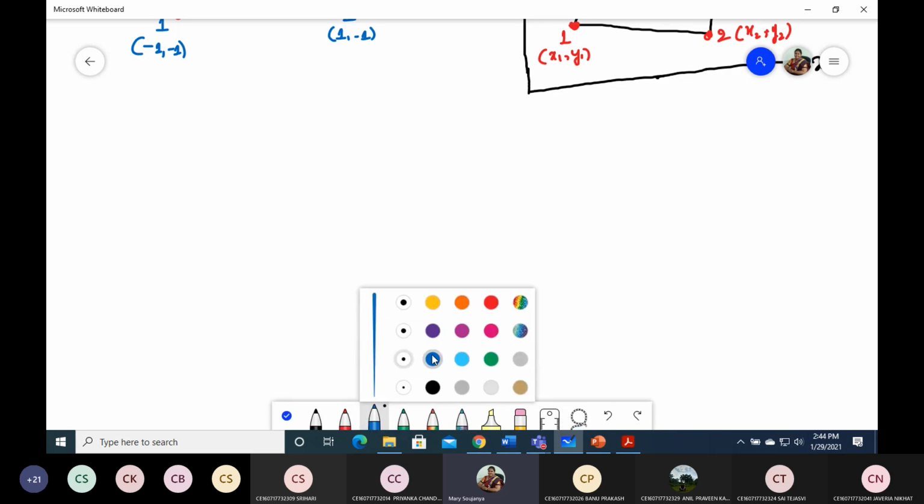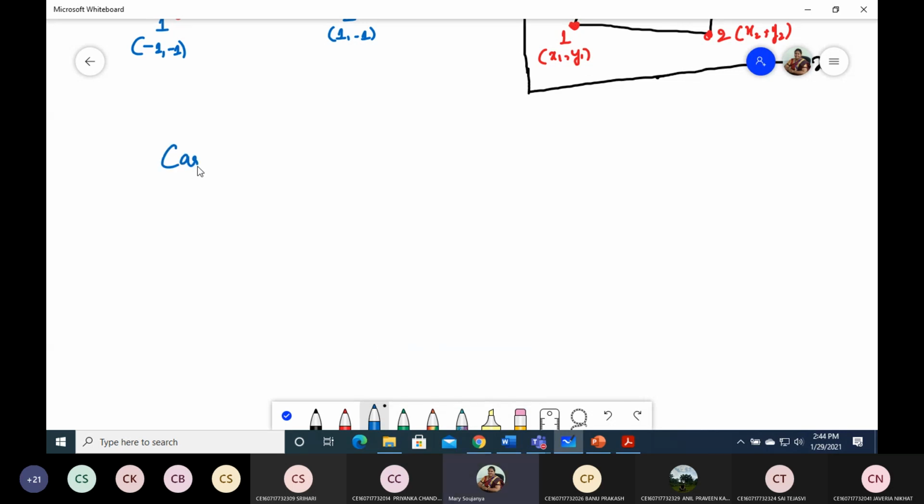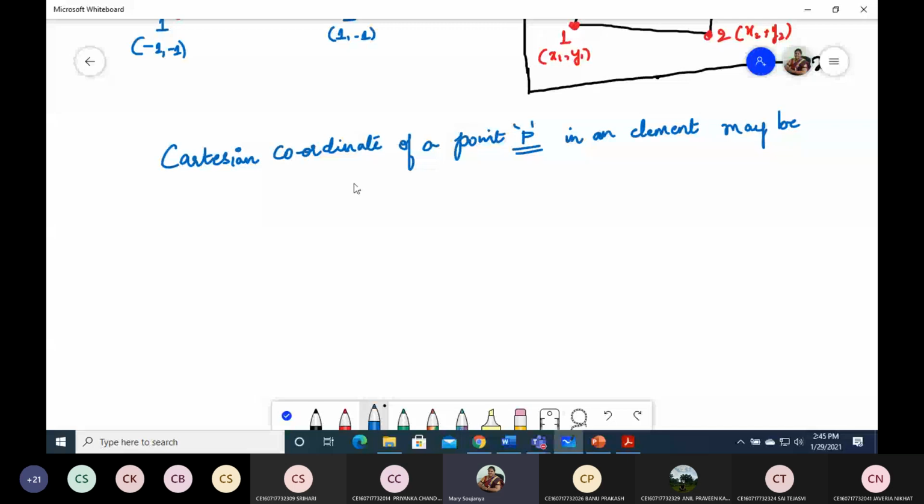The Cartesian coordinate of a point P. Here it is P. You need not write it also. In an element may be expressed as